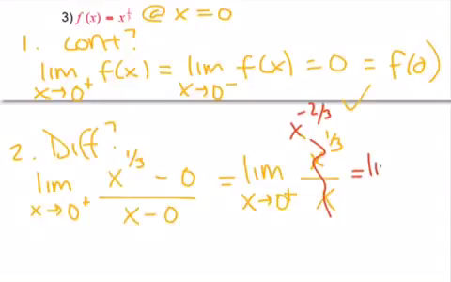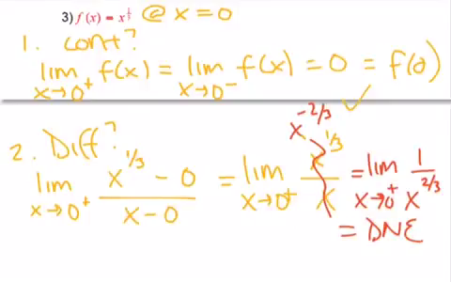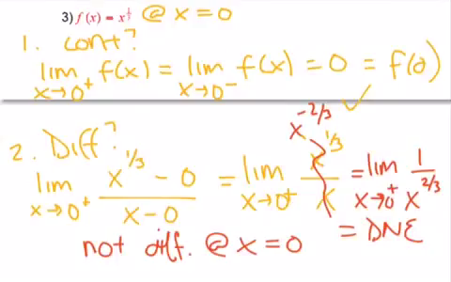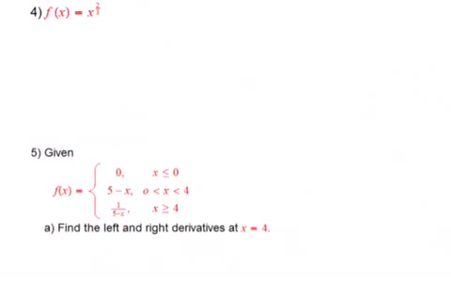So I get the limit as x approaches 0 from the right of 1 over x to the 2/3. If I plug in 0, it does not exist. So it is not differentiable at x equals 0, because the derivative, the slope isn't even defined. And you're going to find if I did the same thing with this one, I'm going to get the same type of answer. You can choose other